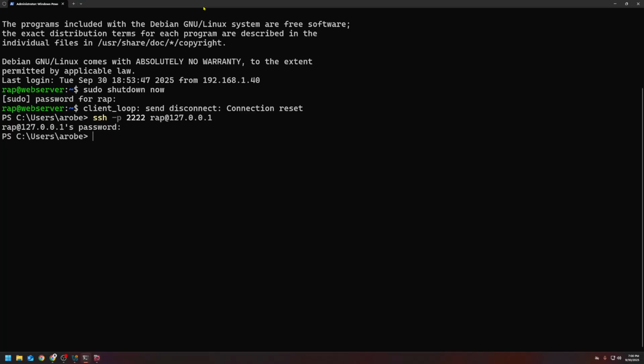So SCP, let's specify the port, 2222. And now we need the file that we're sending to the server. That would be, again, we're in Windows, so we have to type with the drive letter C:\, users, my username, downloads, and then the file. And now we do the user at 127.0.0.1